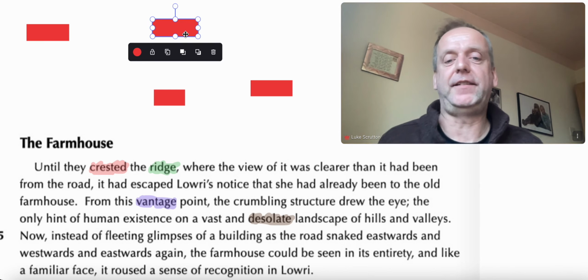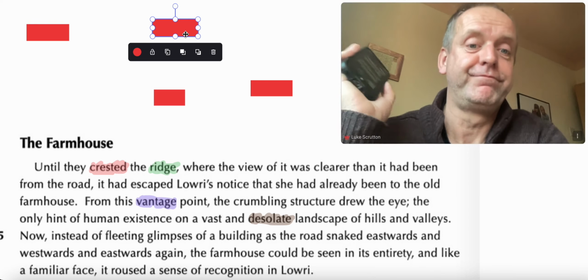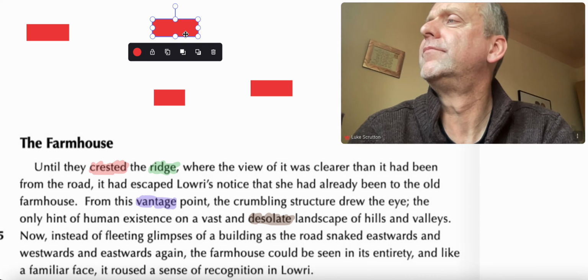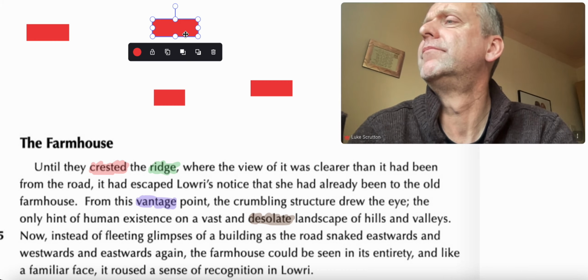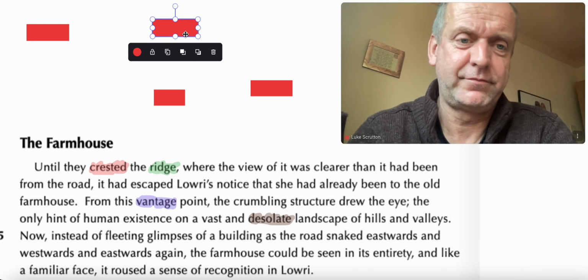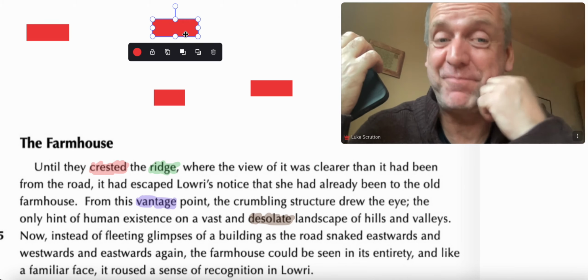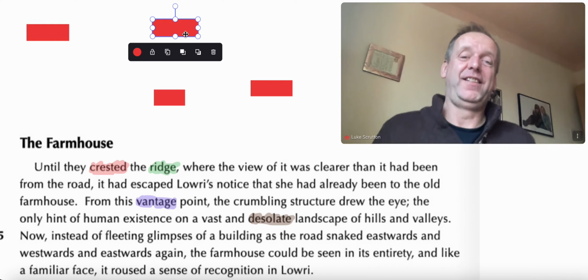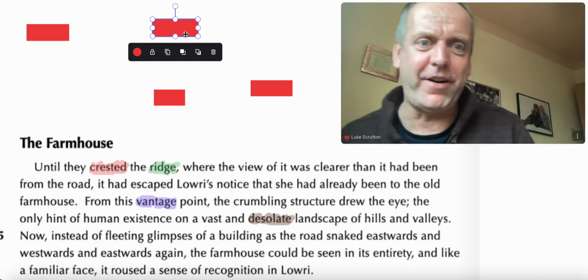What's the meaning of desolate? As an adjective, desolate means of a place uninhabited and giving an impression of bleak emptiness. Do you want to hear the next one? Yep. As an adjective, it means feeling or showing great unhappiness or loneliness. Want to hear one more? Don't think we need to. It's more the first one, really. The other one's talking about how you feel more than the landscape which it's describing. So, yeah, not much growing there then.